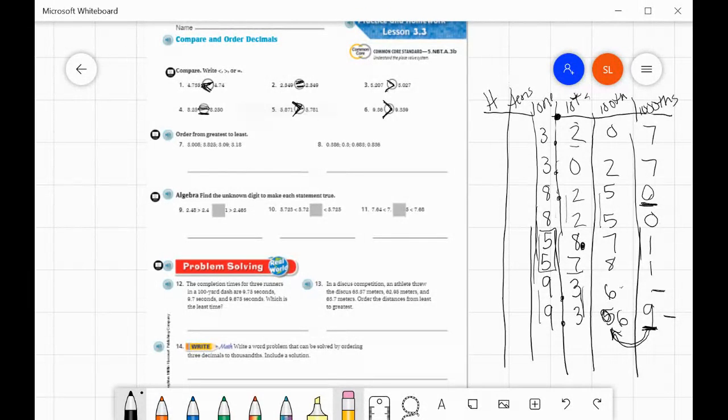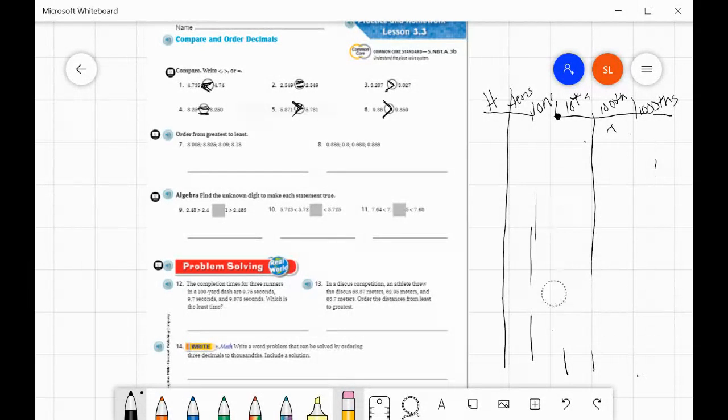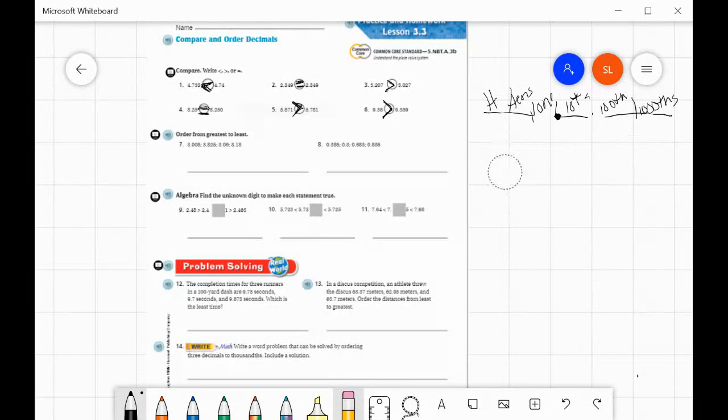All right. Now, looking down at number 7. Here we're going to order these from greatest to least. So we need to look at these numbers and figure out which one is the largest all the way down to, let me get rid of the lines, all the way down to the smallest. So